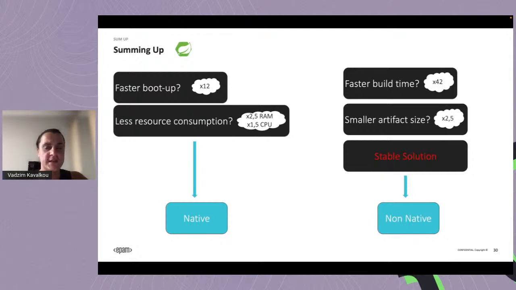What to choose, it's up to you. I believe that every one of you knows your customer, and in some cases even better than the customer knows himself. And if you want to improve your time to market, you probably would like to take a look at the non-native solution that has a much faster build time. Your CI and CD will be